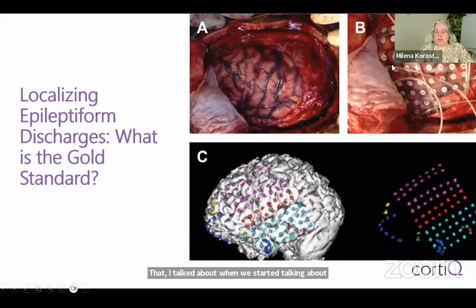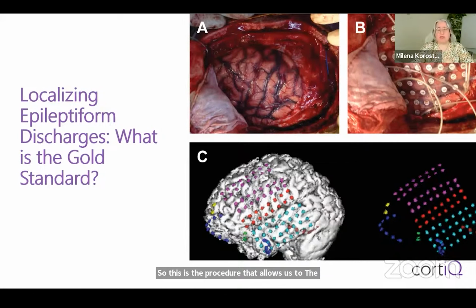This is implantation of grids, strips, or also depth electrodes, like I was explaining, and we can use the patient's MRI to create a model of their brain, and we can visualize the information about the implanted grids here as well. So this is the procedure that allows us to